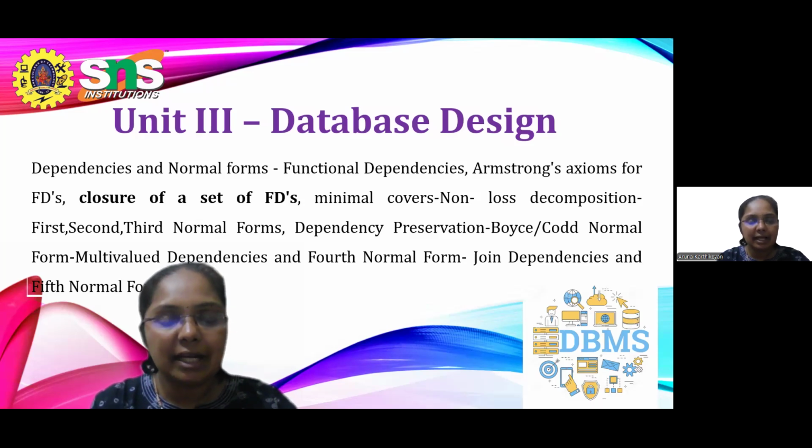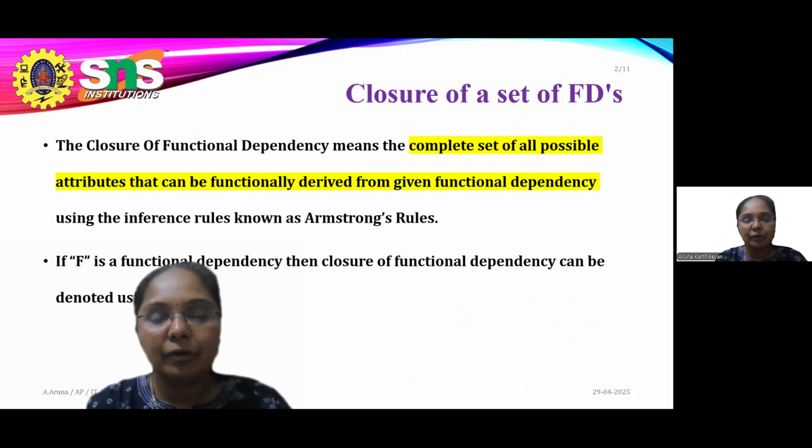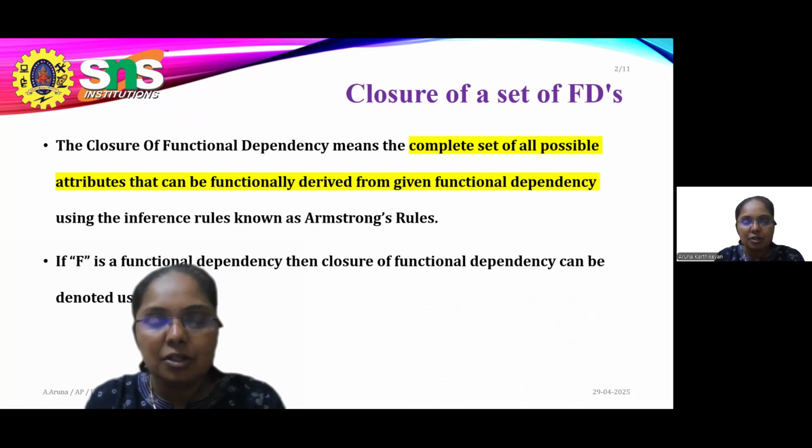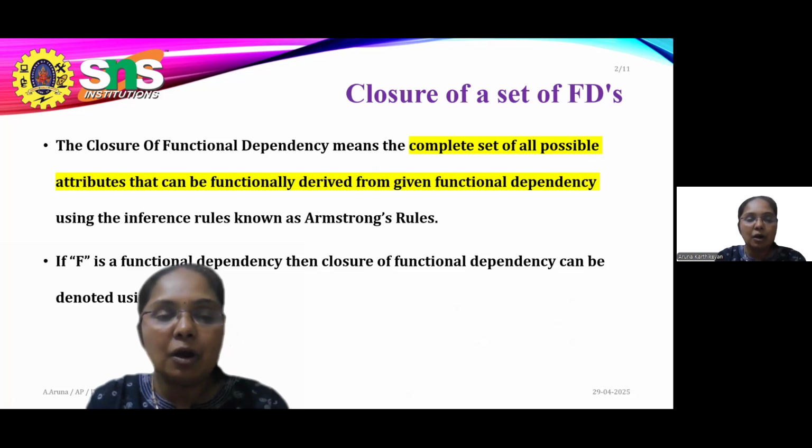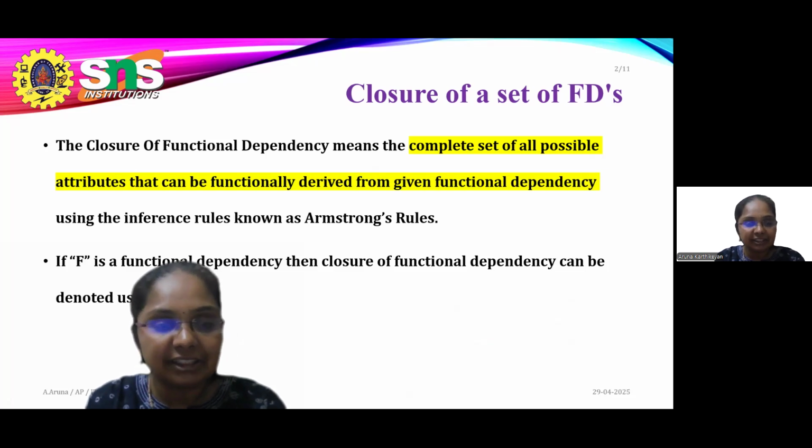In my lecture series under database design, today we're going to see how we can calculate the closure set for the given functional dependencies. Before that, we're going to see the definition of closure set. What do you mean by closure set? It only depends upon the functional dependencies, and we also have to set all possible attributes. That is, we're going to completely identify what attributes are available, and how they can be functionally derived from the given functional dependency. That is called a closure.